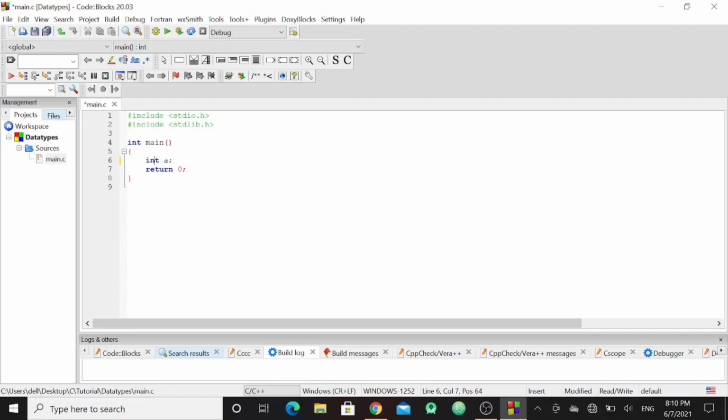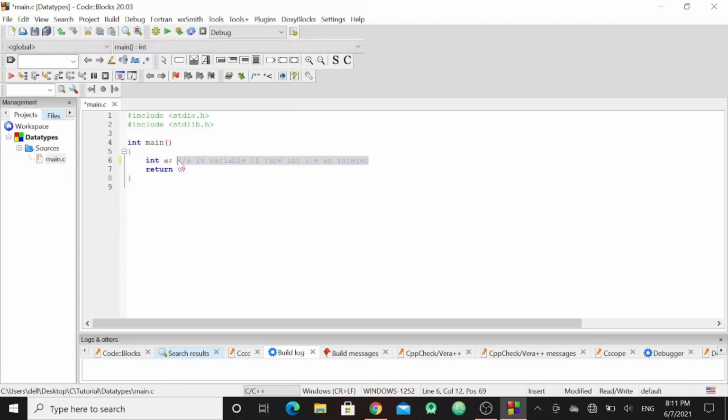So int a means a is a variable of type int, that is an integer.